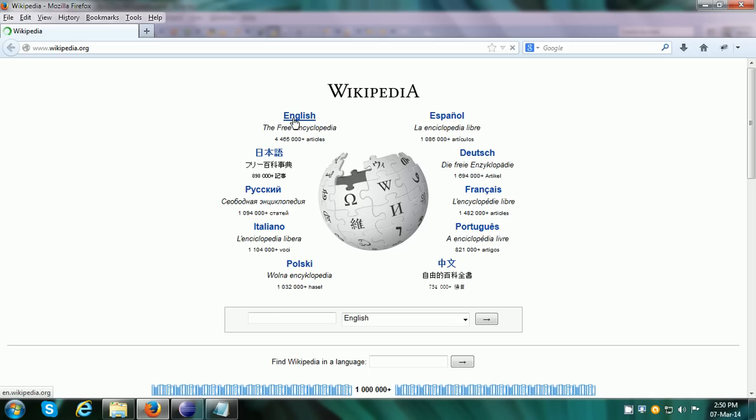So I want to click on English. Then once it is on the English Wikipedia main page, there I want to search for a term. There is a text box on the main English page of Wikipedia, and there I can type in the search term that I want to search.